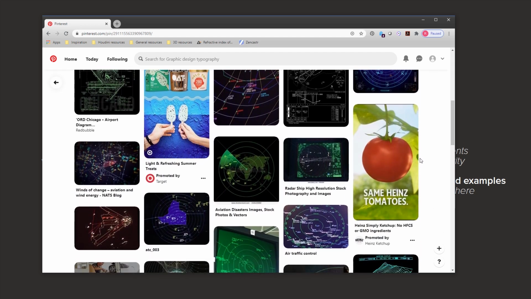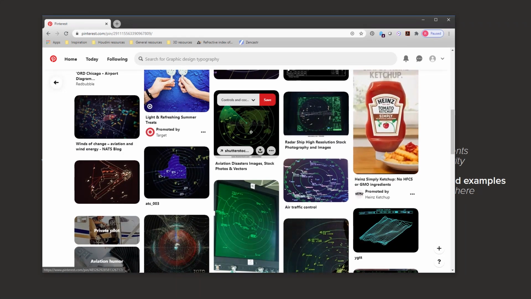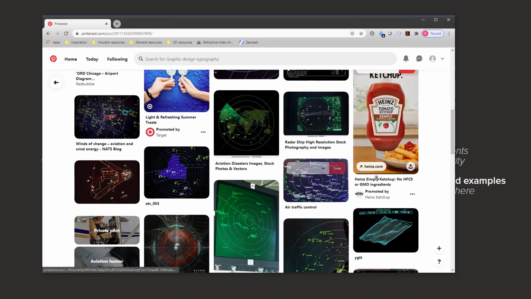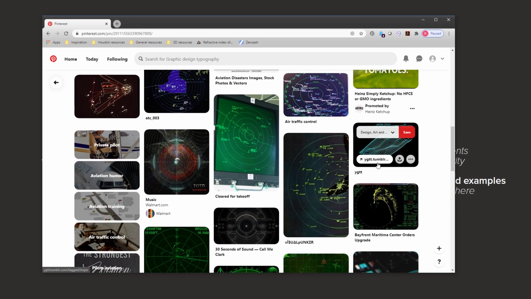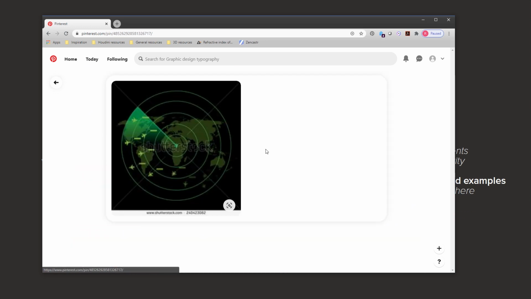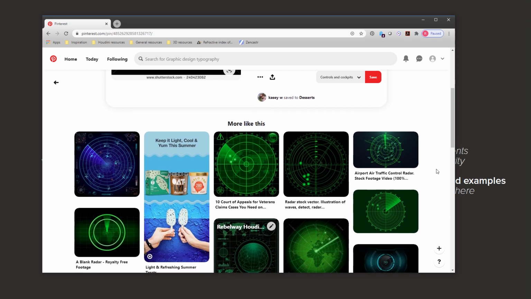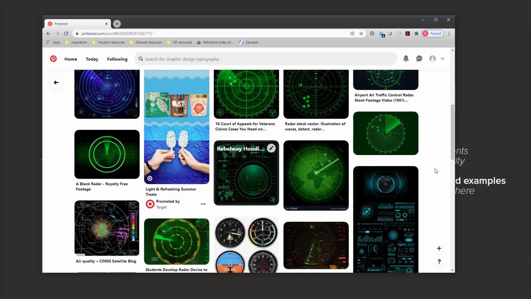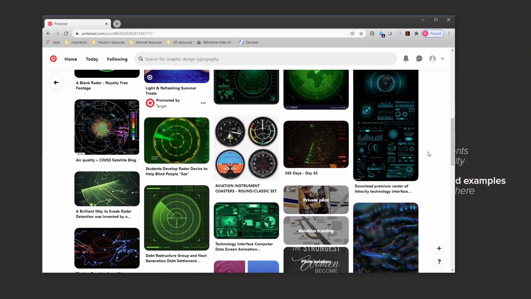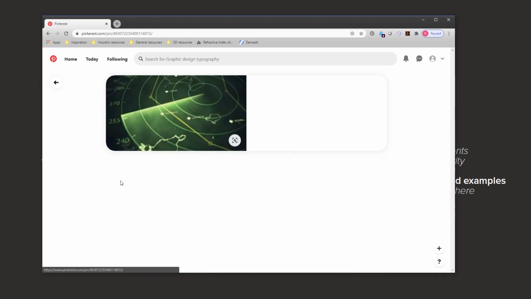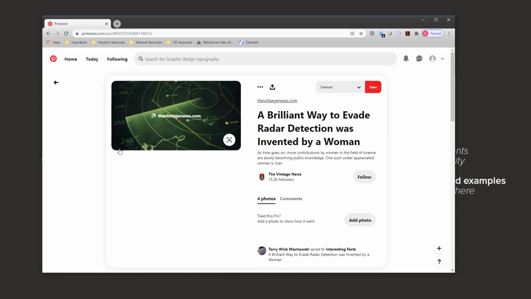I'm just going to go through here. This is pretty cool. One of the things that radar always has is this kind of sweeping line, right? This kind of thing. I mean, this is just a Shutterstock thing, so it's not that cool, but if we look at other examples of that, like this guy here, I think that's kind of an interesting element,